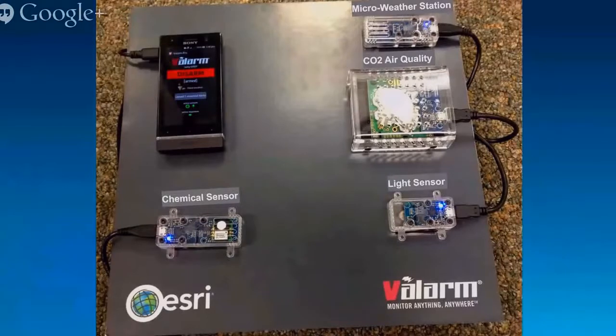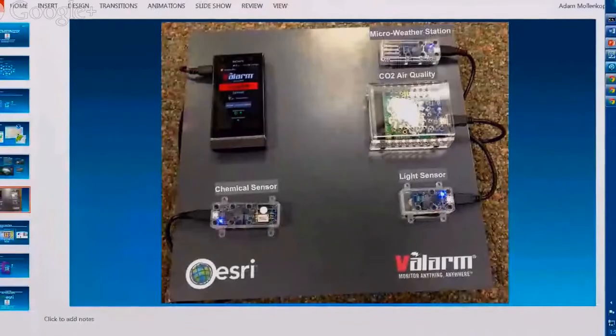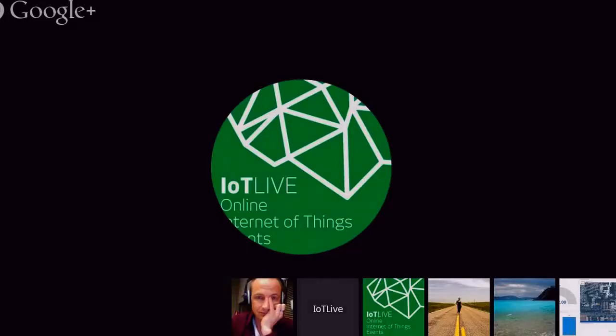So let's take a quick break here to do a demo. And I'm going to open up a dashboard here. And what I can see is I've got a number of gauges on the left here. I can see the CO2 quality here, the volatile organic...